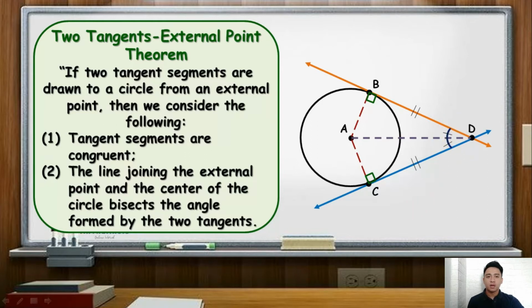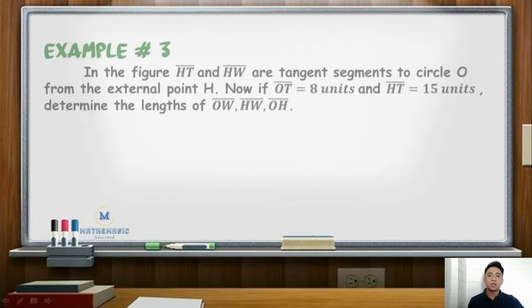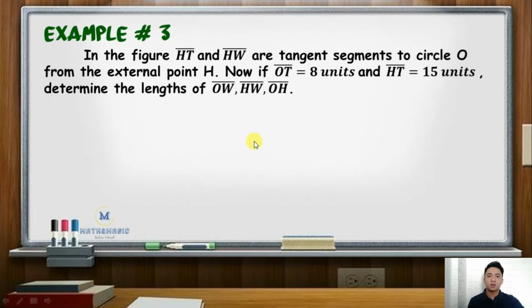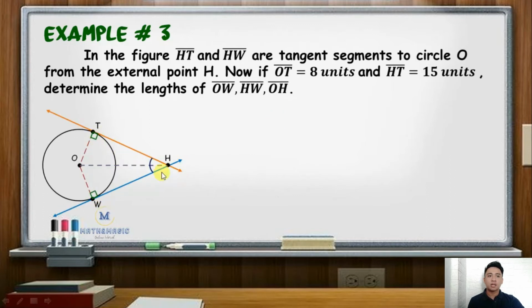In the theorem, there are 2 points to remember. Number 1 is that the segments that are tangent to the circle have the same lengths. And number 2 is that the line which connects the center and the exterior point divides the angle formed by the tangent lines into half. Also take note that this theorem may use some familiar concepts in geometry like right triangles, use of the Pythagorean Theorem, and angle bisector. As an example, in the figure, lines HT and HW are tangent segments to circle O from